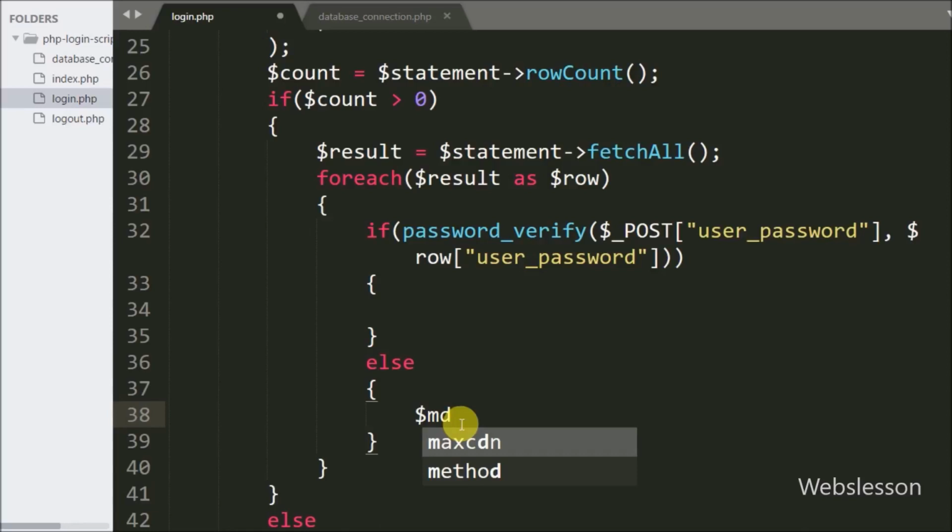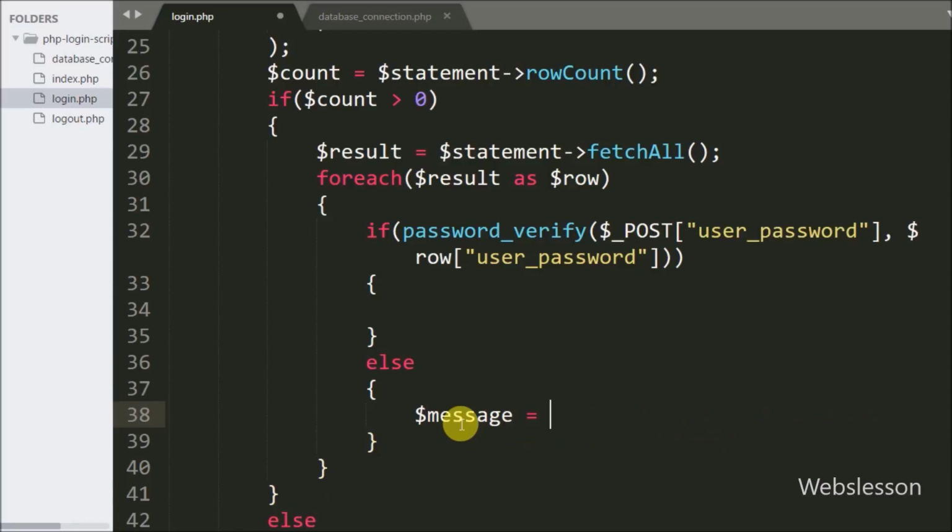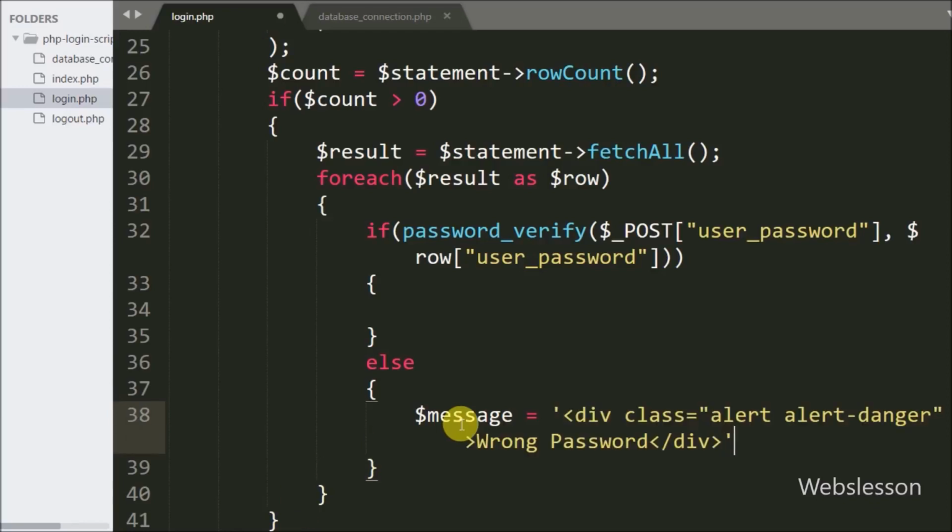Suppose the password is not matched with the stored encrypted password, then it will execute the else block of code, and under this block we have written the $message variable equal to text like wrong password. But suppose the password is matched, then it will execute the if block of code, and under this